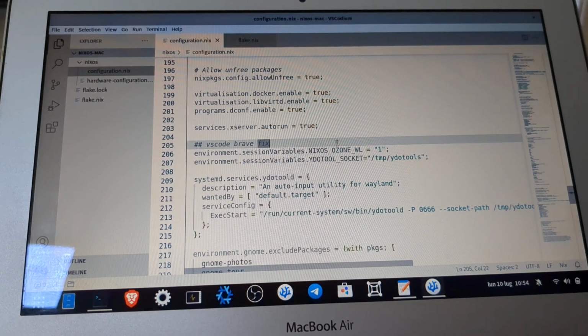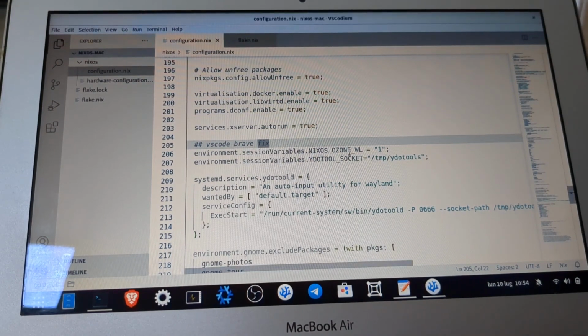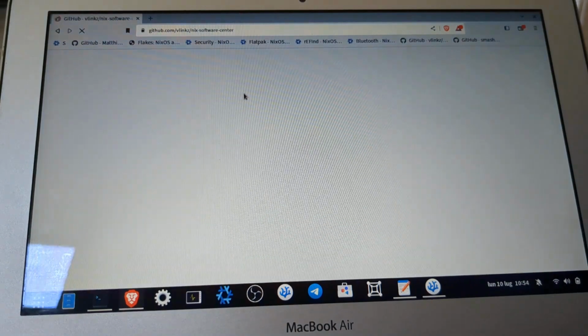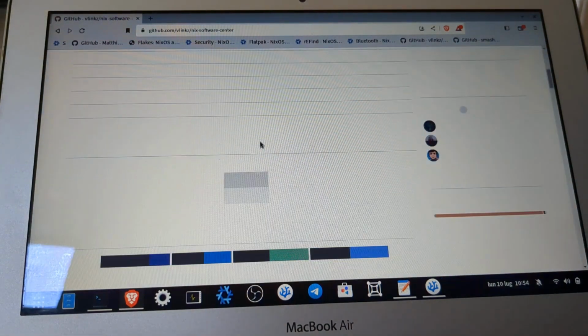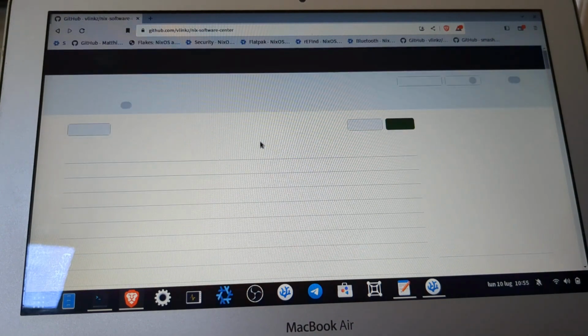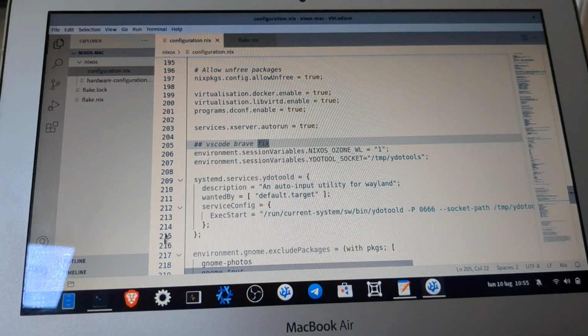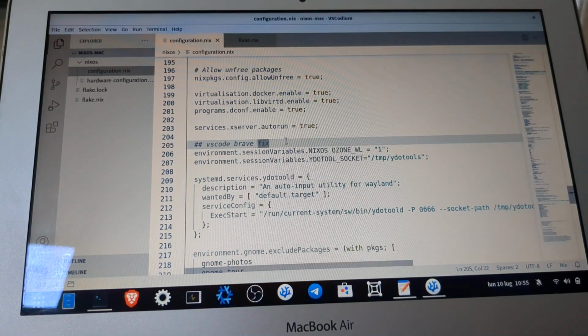So for Brave and for VS Code, if you don't have this environment variable, you can't do the pinch to zoom inside the web page. So let's try again. Sometimes it has problems with fonts.